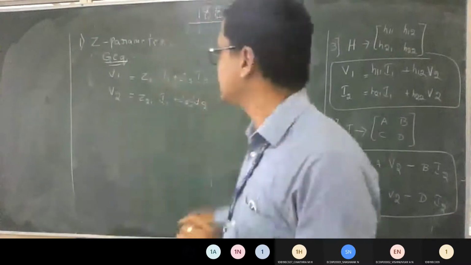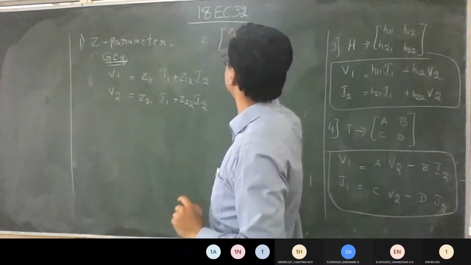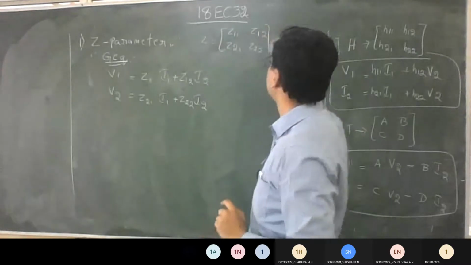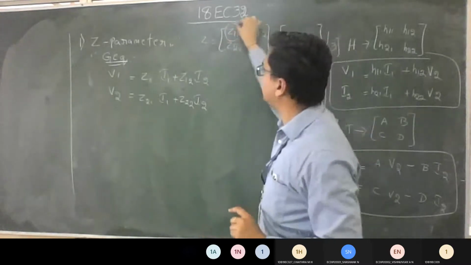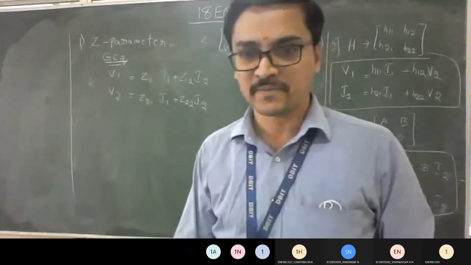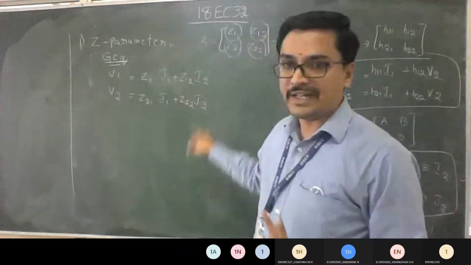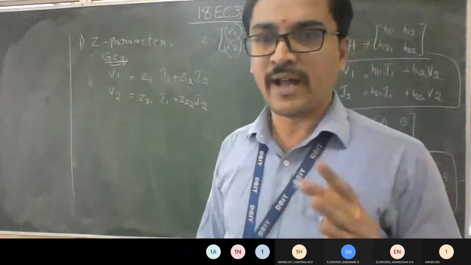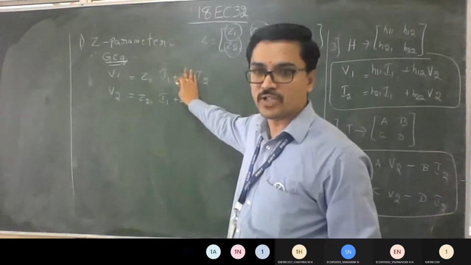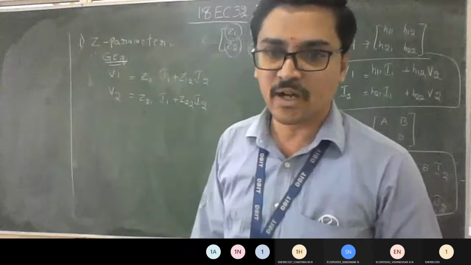So how to solve this? Z indicates the coefficients Z11, Z12, Z21, Z22. Your task is to find the equivalent of Z11, Z12, Z21, Z22. This is what you're supposed to find, and the same way for the remaining parameters also. Now, if you want to solve an individual coefficient, you need to make one term 0 with respect to current. If you make I2 equal to 0 as case 1, then do we get Z11 and Z21 easily? Yes or no?